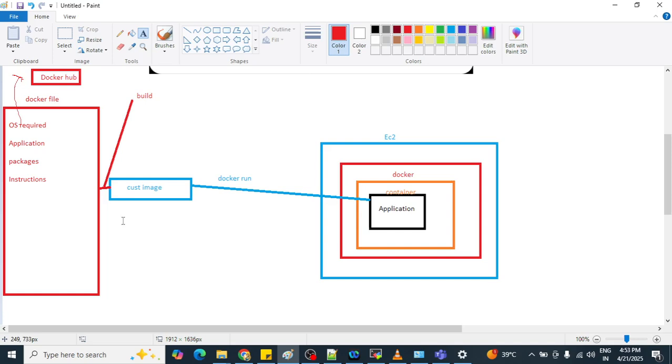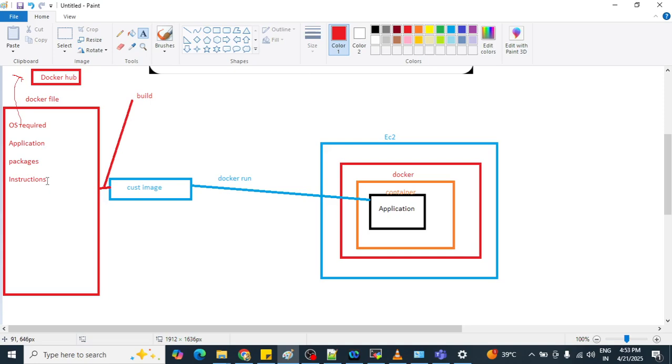From that docker hub we are pulling the image which is required to write our docker file. Then we need our application code here. We can clone that code from our github also, and we require dependencies or packages also, and then we need to write some instructions also.